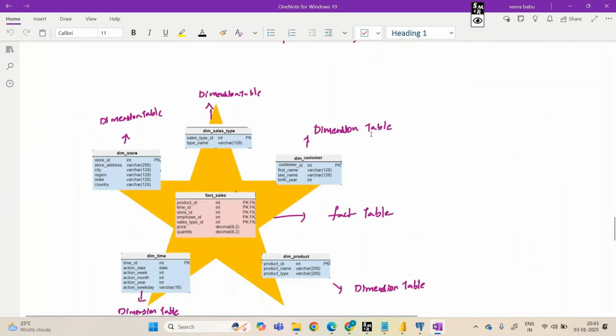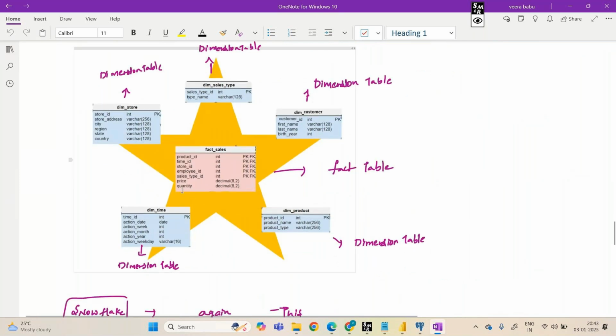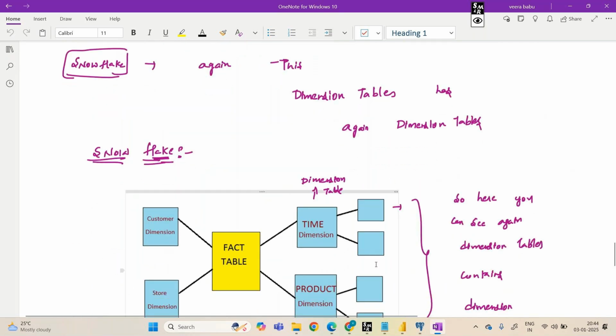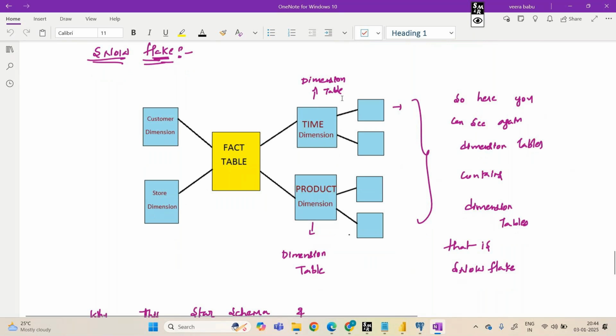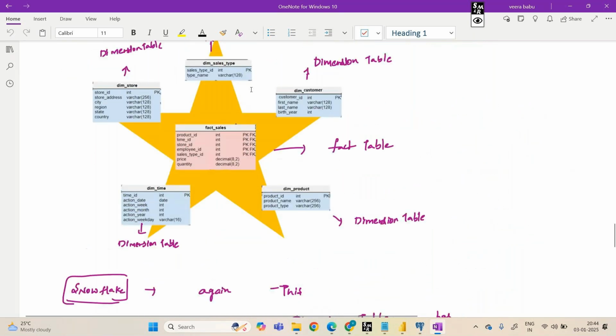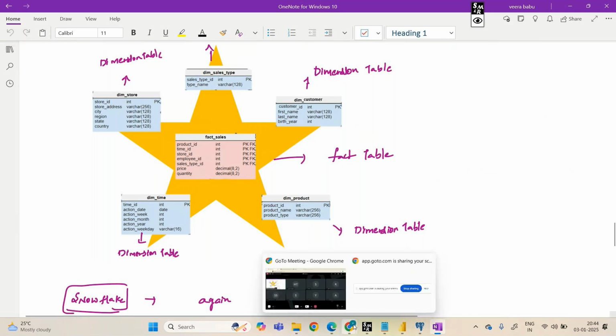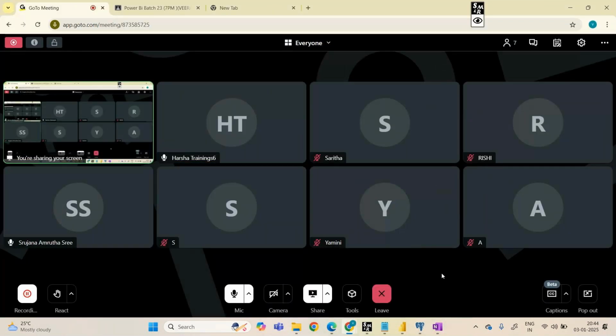If you have a fact table surrounded by dimension tables, this is called a star schema. And when a dimension table again has dimension tables, that is a snowflake schema, where you split the tables into different parts. The question is which type of schema you went with for the dashboard.